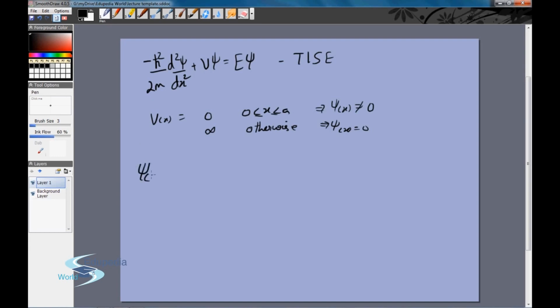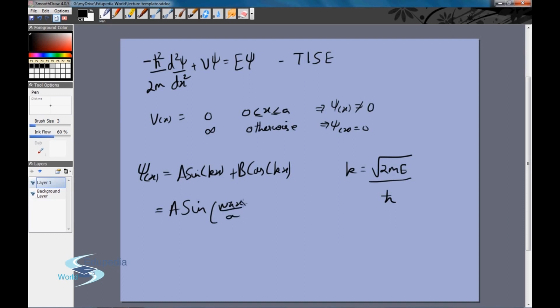psi of x is equal to A sine kx plus B cos kx, where k was equal to root of 2mE by h. And then we applied the boundary conditions that psi of x is 0 at both x is equal to 0 and x is equal to a. One gave me B is equal to 0, the other gave me ka is equal to n pi. So from that we get A sine of n pi x by a. And then we normalized it to get the value of A, which was root of 2 by a. And the fact that k was equal to n pi by a, because ka was equal to n pi, this told us